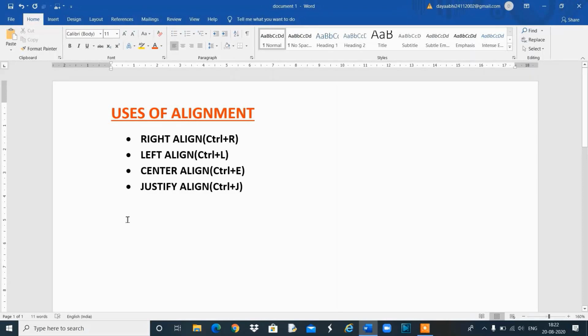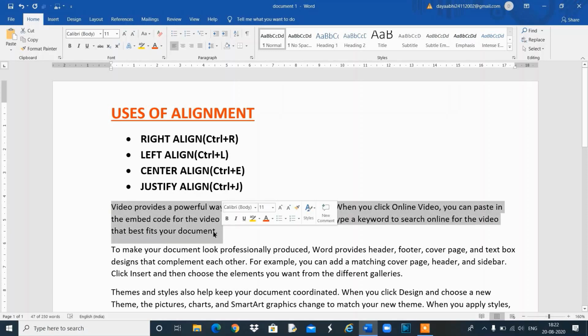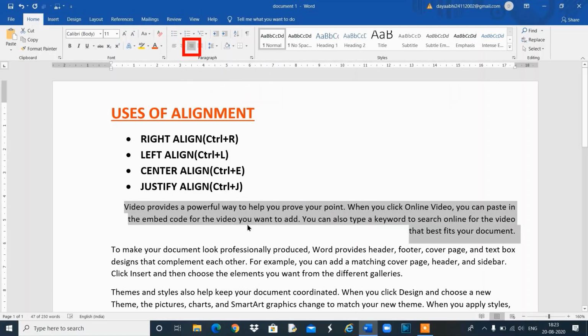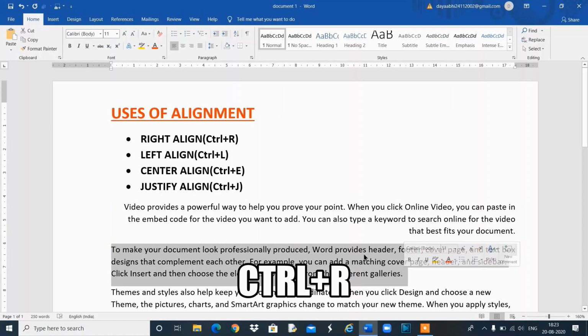I will start with the alignment. I am typing equals RAND, brackets open and close, then hit Enter. This command is used as usual for random text. Now I will try to format in the left, right, center and justify alignment. I just keep my cursor in the paragraph, and you can also select it. You just click on the right alignment option. We can see it applied there. If we observe here, the entire text comes on the right side of the page. You can also use the shortcut key for this command, Ctrl+R.